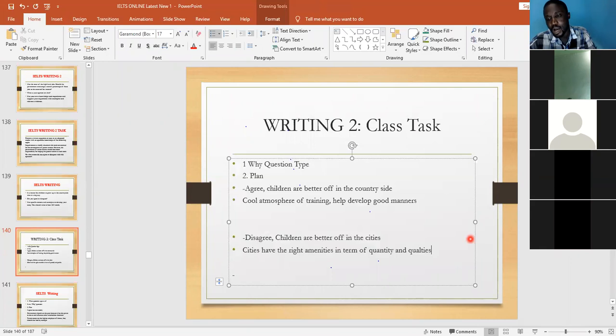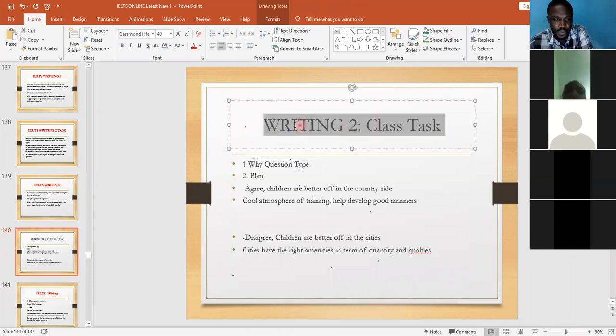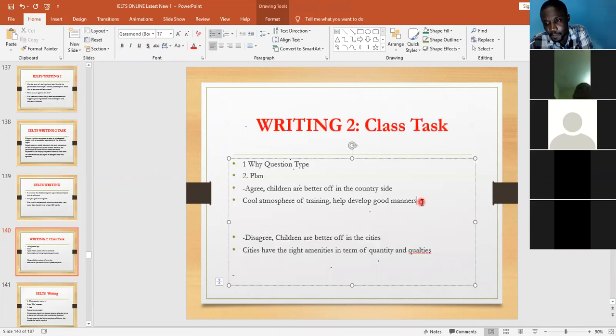Okay, who else wants to contribute to the side of agree or disagree? You can contribute to either side. So let's make it a case of whichever side you would like to be on. Okay, I want to contribute, let me say, the demerits of the city. Can I? The merit of, like what? Children growing up in the city. Okay, contribute please.